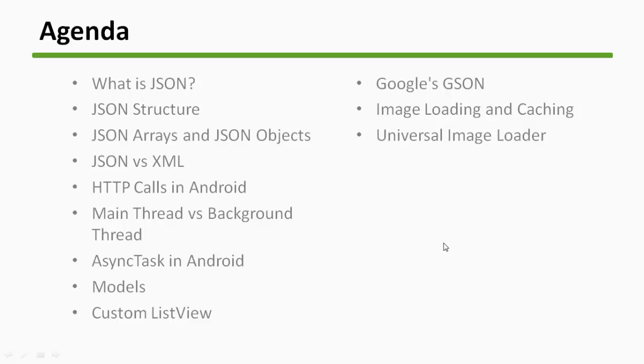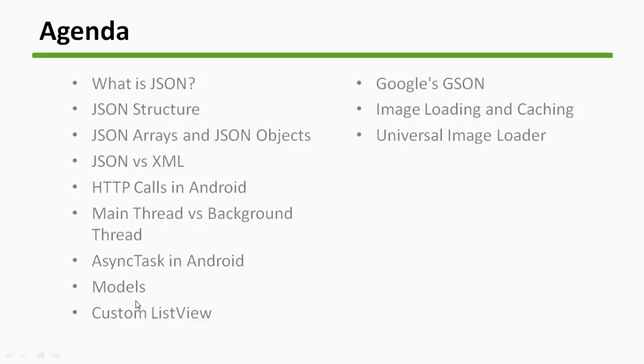Hi guys, so in this series we're going to learn these things. We're going to learn what is JSON, JSON structure, arrays and JSON objects. We'll compare what is JSON and what is XML and how they are different from each other. We'll understand how HTTP calls work in Android. We will get to know what is main thread and background thread in Android, what is async task, and after